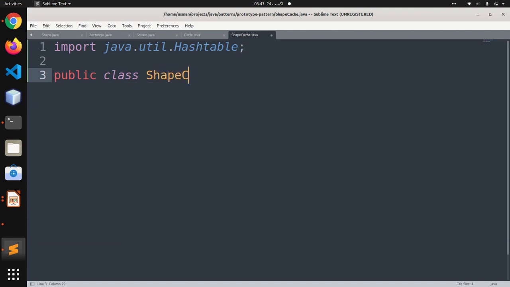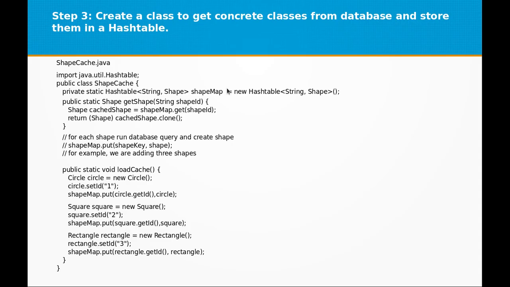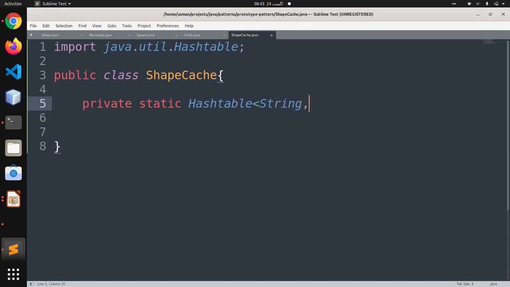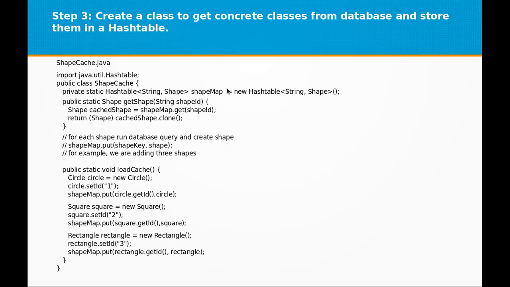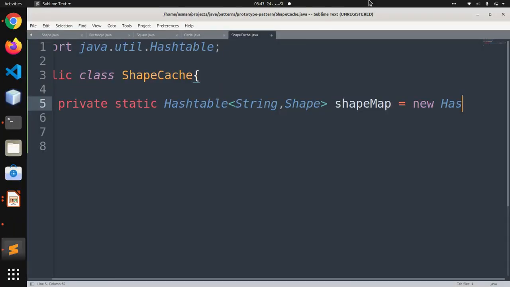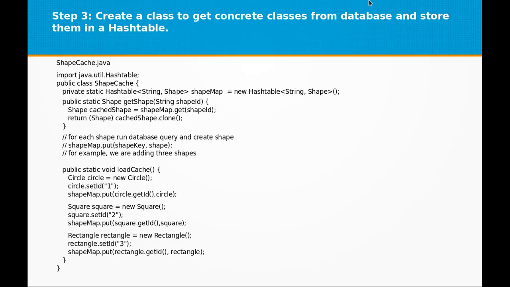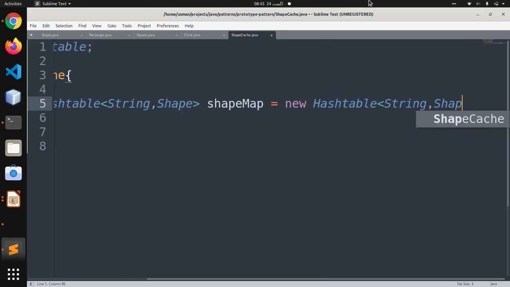Public class ShapeCache, and this is our structure, and we are going to define a private static Hashtable, which will store a string and a Shape, and we are going to call it shapeMap, and it will be an object of Hashtable, and it will store String and Shape.